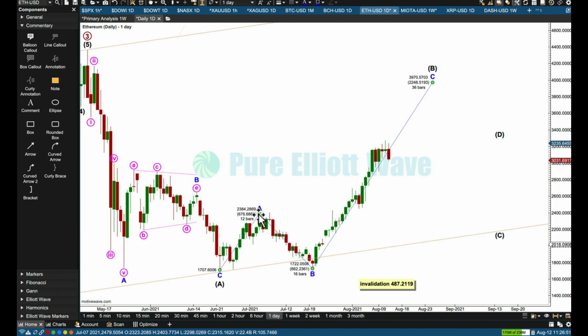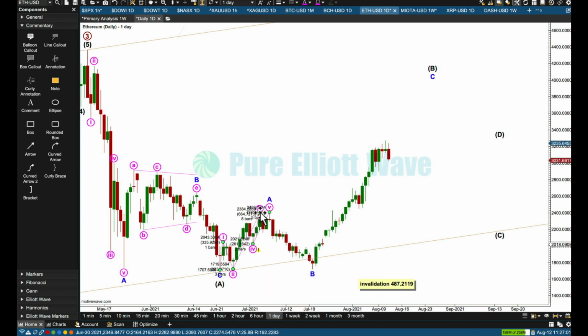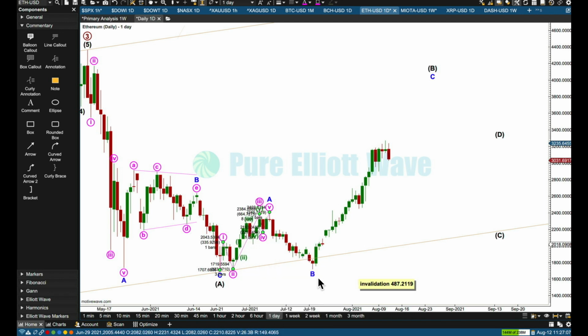I wonder if minor B was an expanded flat. No. Okay, I'm going to leave this as imperfect as it is here in minute 3. I'll put some labels in here. Maybe it had a brief shallow second wave and then a more time consuming deep fourth wave, but you can't